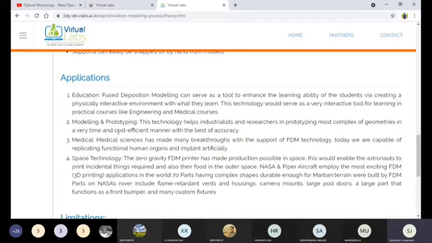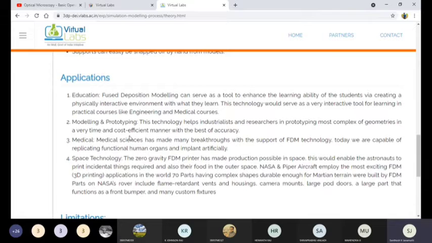Most of the research people and research scholars are manufacturing prototypes of 3D materials for their research purposes. This 3D technology is a new technology, and the research is still going on, because they want to get something different and something more efficient. For that purpose, they are doing research on this 3D technology. That way they can produce some prototypes and components for their research experiments. So that is also one of the major applications of this FDM process.